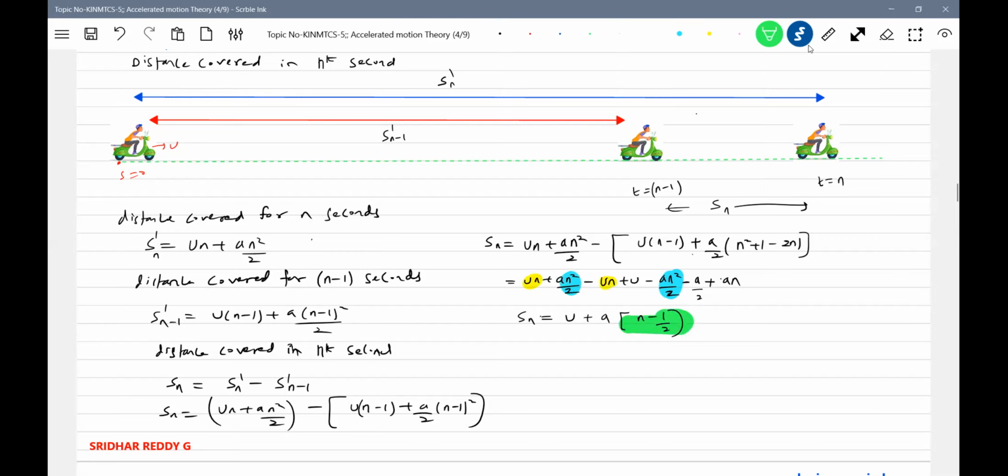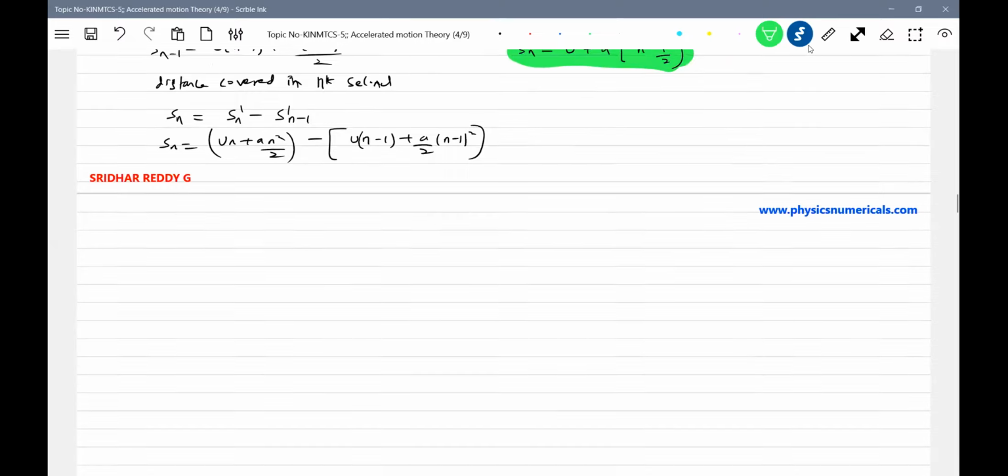What is the use of this? What is the meaning of this, sir? We are not understanding, sir. You are saying distance covered in the nth second. What is the meaning? What should we understand here? So let's take one small example. It'll be much easier for you. Let the initial velocity of the object